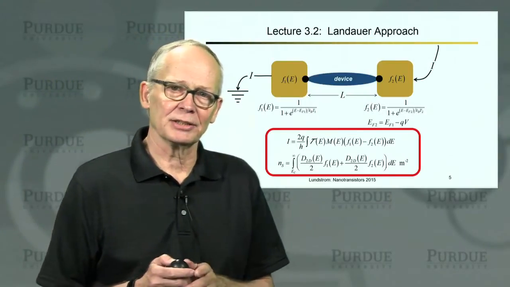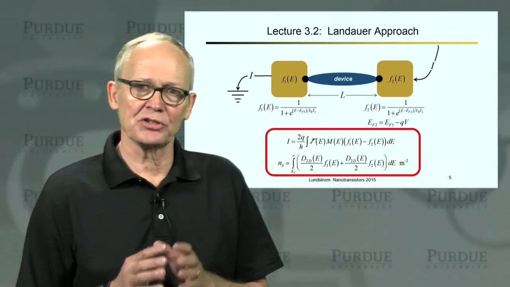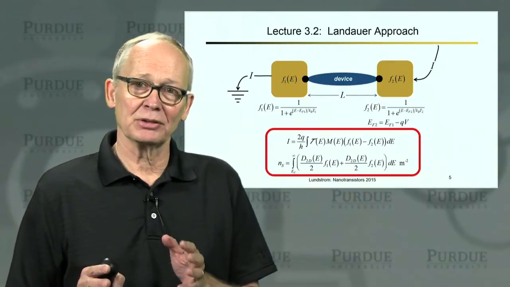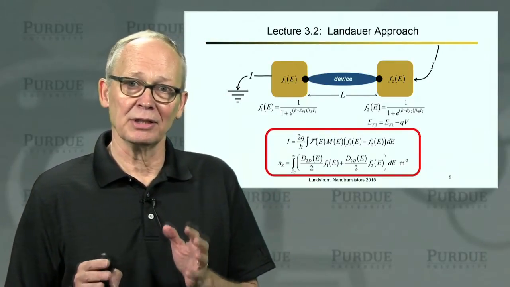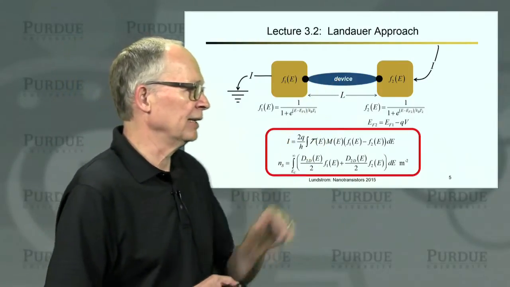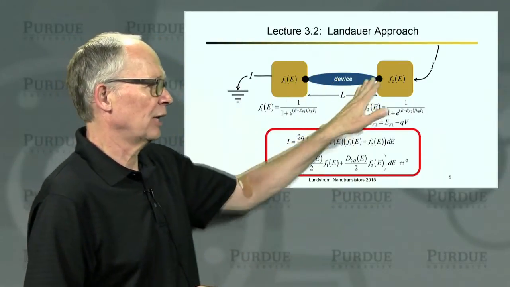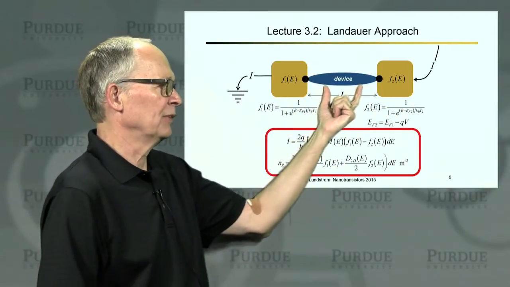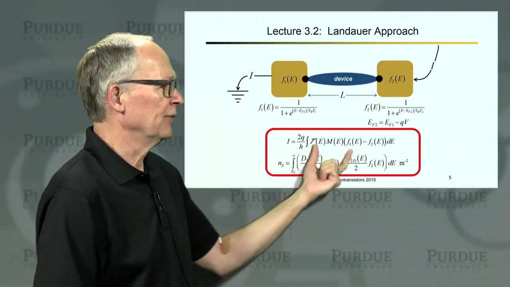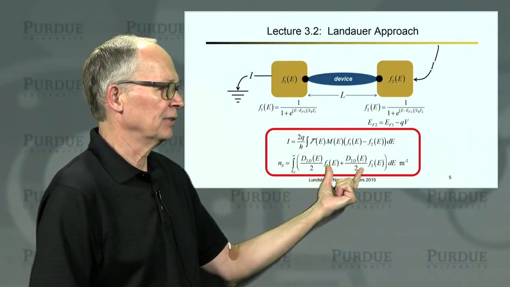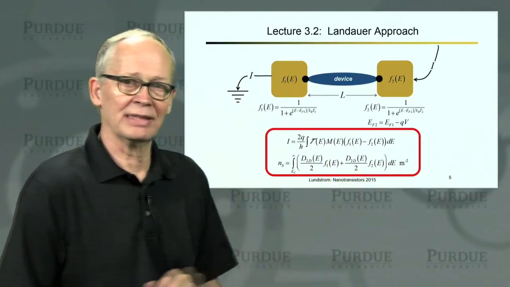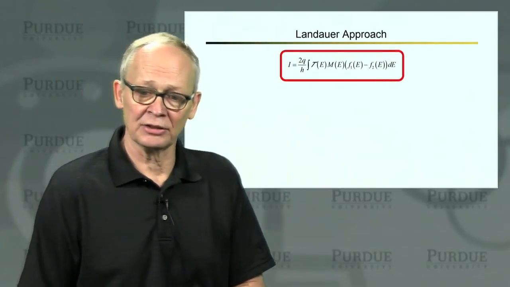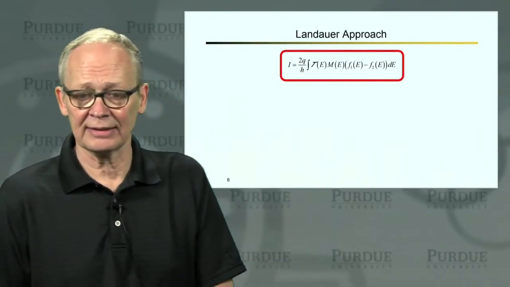Now then we switched gears and we introduced you to a much more general and more powerful approach, and we derived the same equation. This approach is going to be particularly useful for us in Unit 4. So this is what we call the Landauer approach, and it describes a nano device as having two contacts that are in thermodynamic equilibrium. We have a small device in between. We developed expressions for the current and for the electron number or electron density inside that small device. And those two expressions we can use to understand the IV characteristics of ballistic devices.